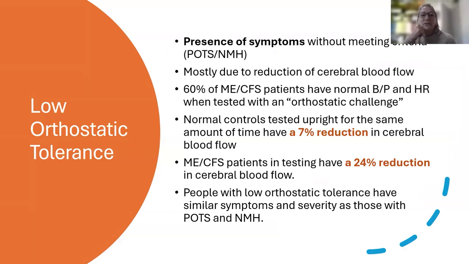The third kind of orthostatic intolerance, I guess, is just called low orthostatic intolerance. In this situation, you have symptoms, but you don't have criteria for POTS or NMH. And this is probably because of low cerebral blood flow. So people are not getting the brain perfusion that they should be getting,